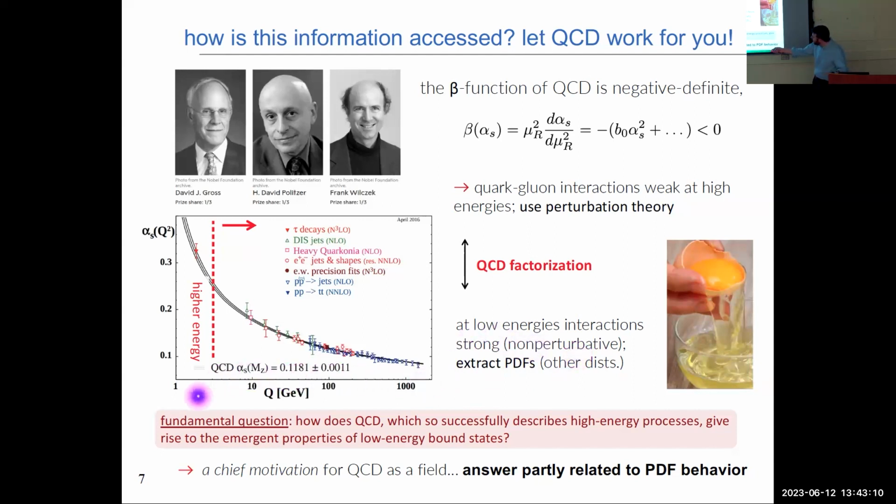Now, a fundamental question, which again I think really motivates so many of you in this room, is how exactly is it that QCD, which we can calculate very well at high energies in perturbation theory, when I scale down to low momenta, how exactly does that same basic theory give rise to the emergent properties that I observe in bound states like the proton or other states for that matter? That's really a fundamental issue that motivates so many of us that work in this field. And what's particularly interesting about the parton distribution functions is that a lot of the physics that is responsible for answering that question is somehow inscribed on the PDFs and the detailed aspects of their behavior.